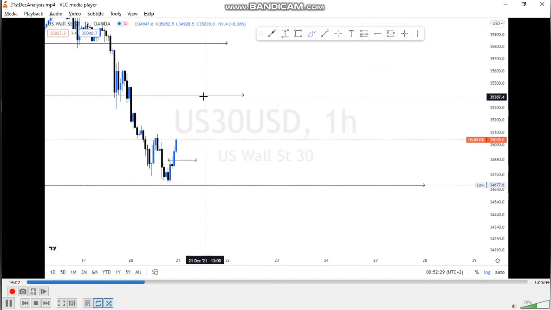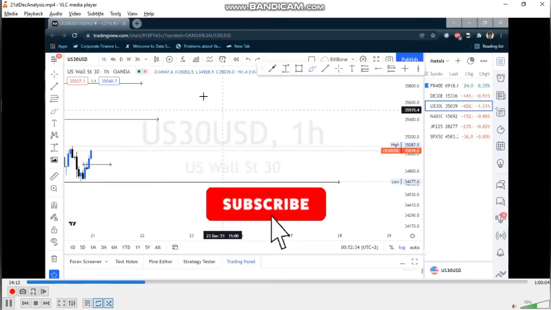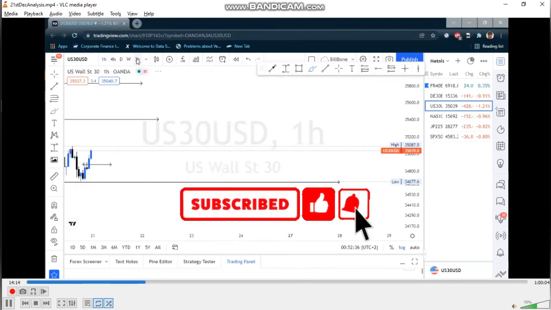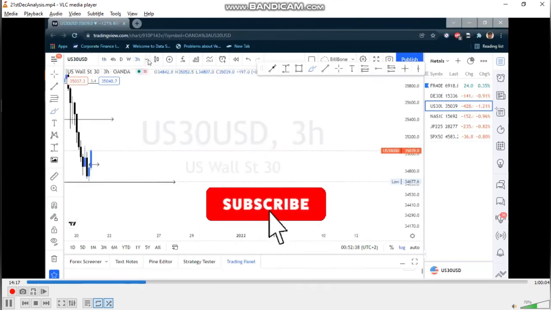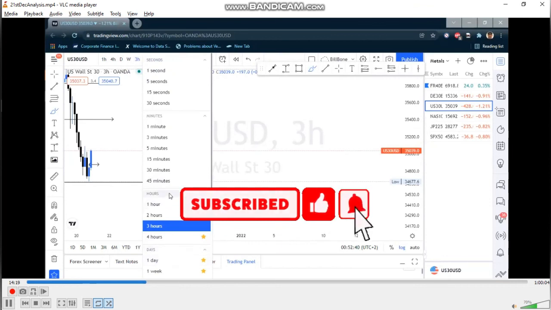So USDT, I'm looking at the internal currency. Maybe I'm bullish on USDT. I'm very bullish. I'm bullish as hell on USDT. Let me go for the